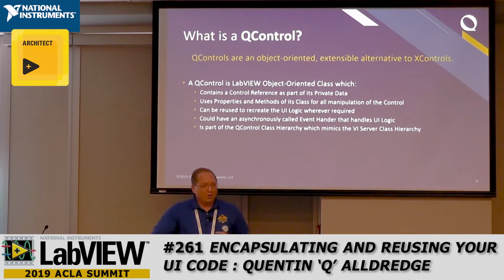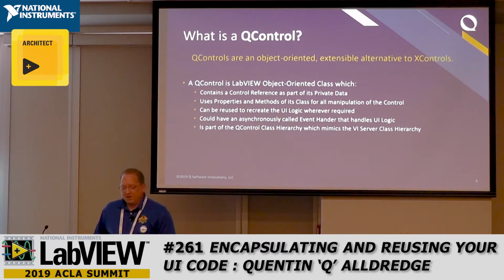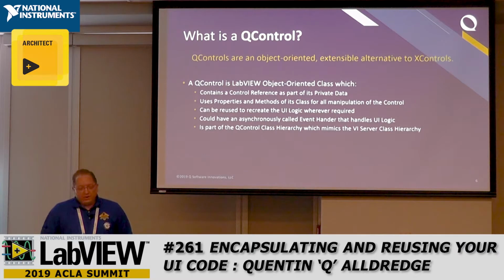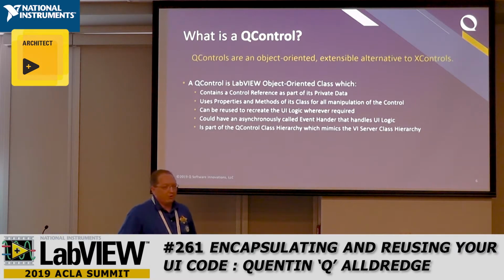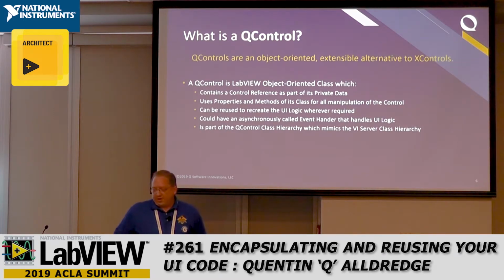These are only running when your application is running. And if you don't know what X controls do, they basically, as soon as you pop them down, they're running in your VI. And that's actually part of the reason they're a problem. And I'll talk about that more in a little bit too. So, another thing that you get as part of the Q Control Toolkit is you get all of the properties and methods that are currently built into the VI server. And I'll show you what that means here